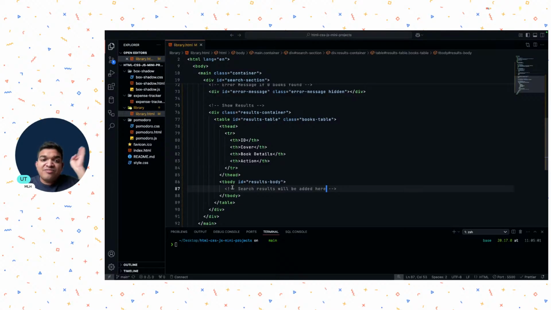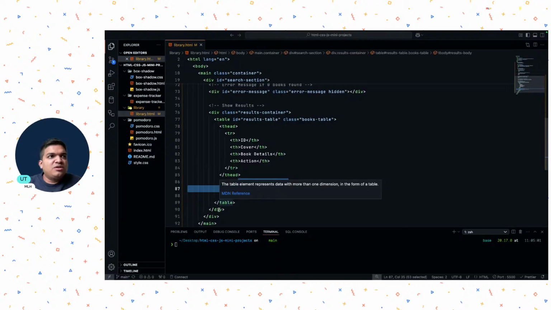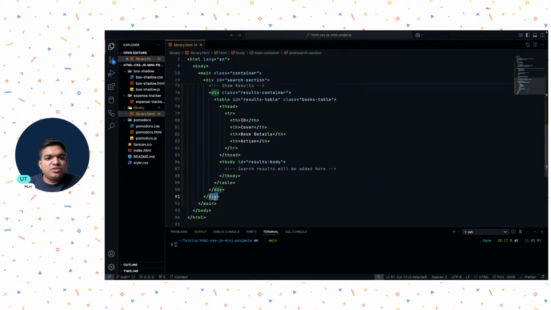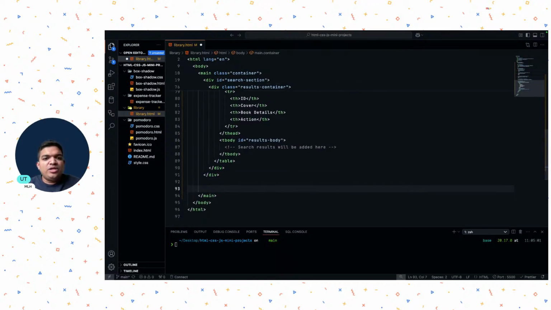Right now we don't have any search results, so this would be dynamically added inside this particular ID using JavaScript. So tbody, close the table, close this,